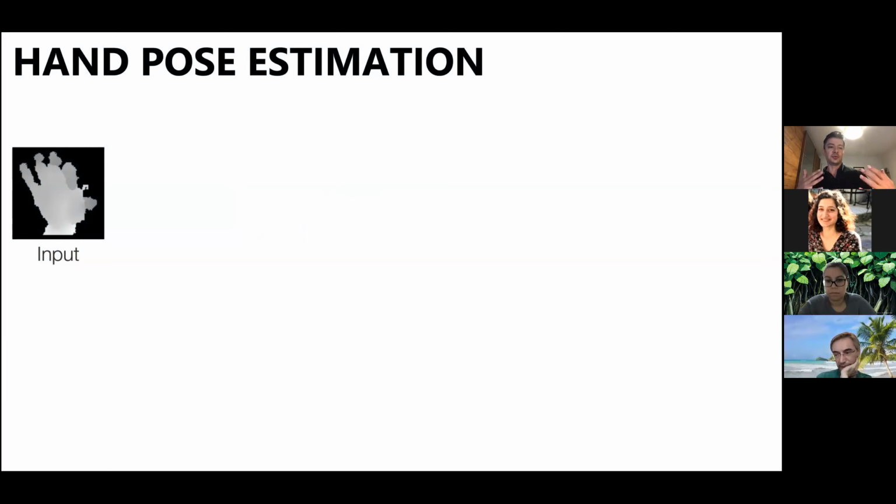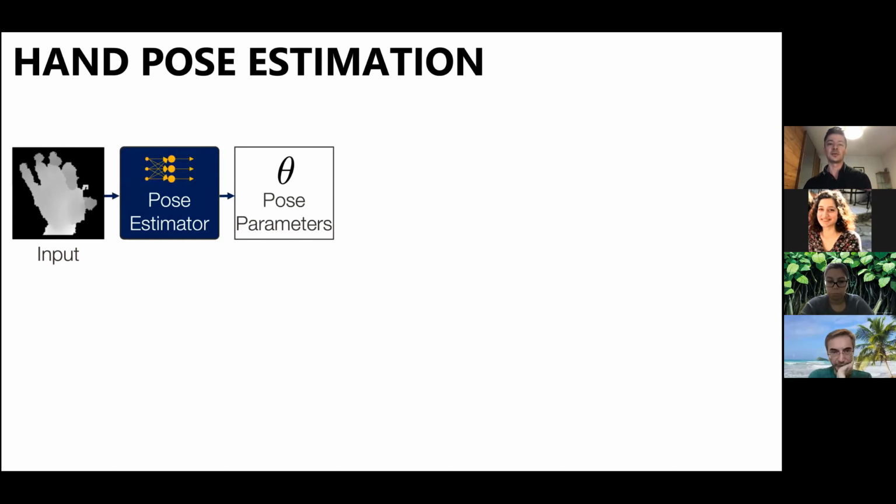So that you will understand how these components come together and why it makes sense to have these different models for different components. For this particular example, let's assume we start with a depth map that comes from a hand. Now we can run some neural network to estimate pose parameters. If you have the right supervision, the depth map and the corresponding accurate ground truth pose parameters, then you can do this. You could stop here for some applications, but typically it doesn't work so well.